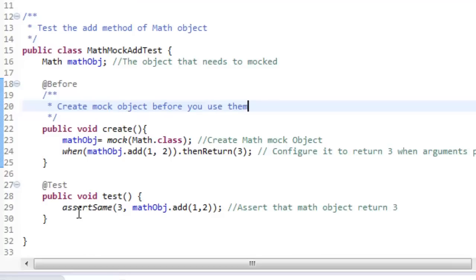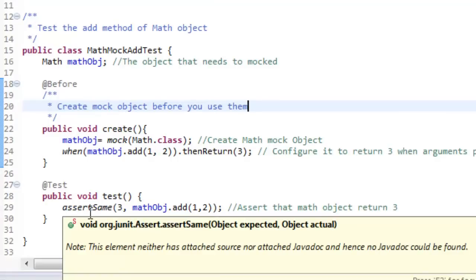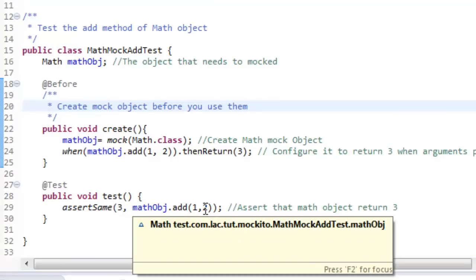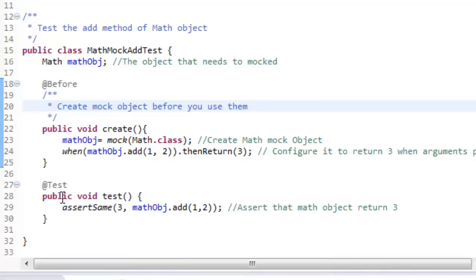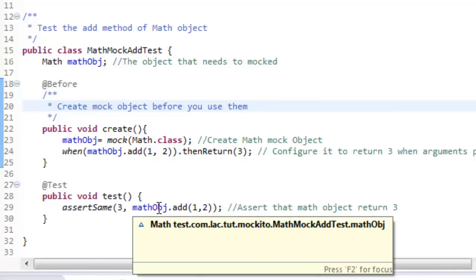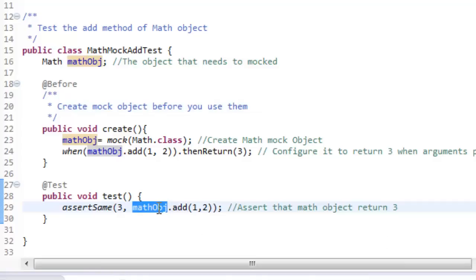Now in our test case, math object dot add 1 comma 2 will return 3. One important thing to note here is that the math object is the mocked object, not the actual object. That's the important observation which you have to make.